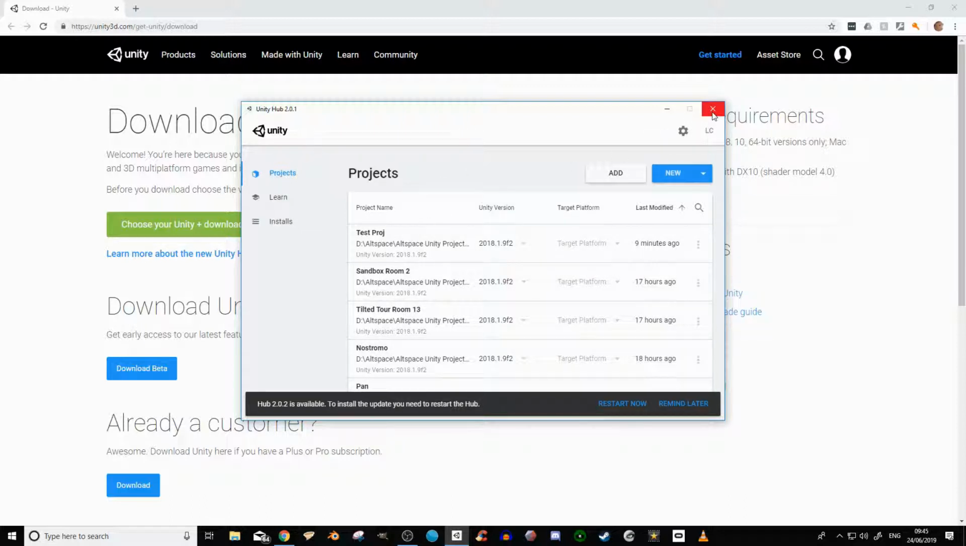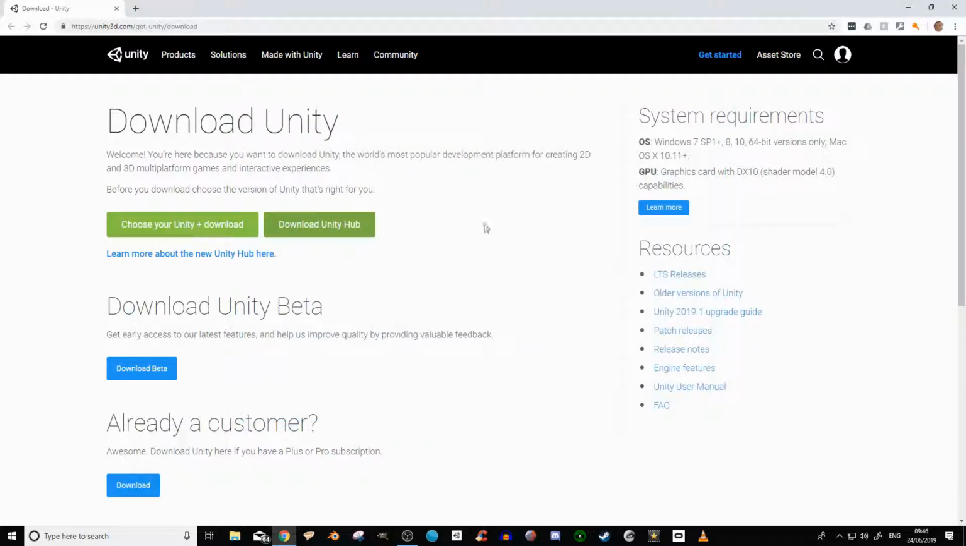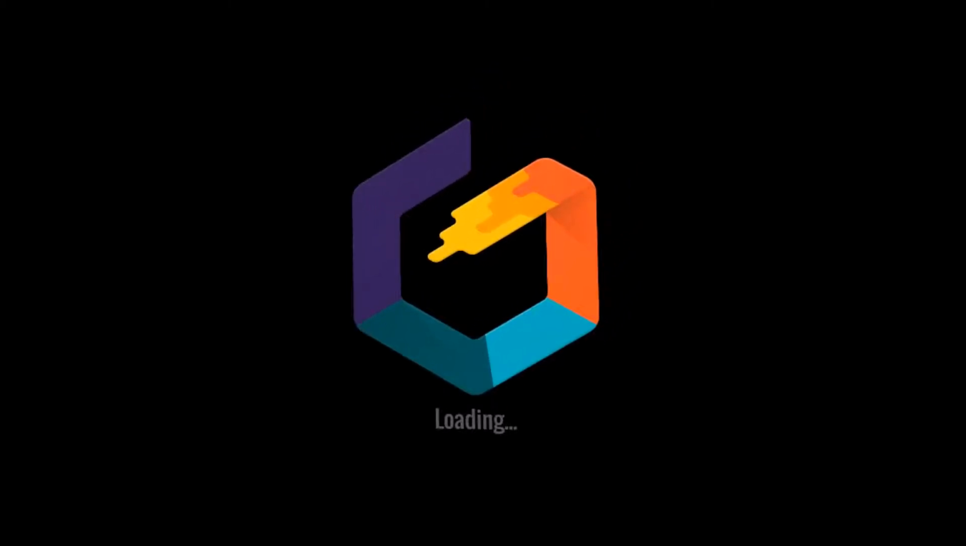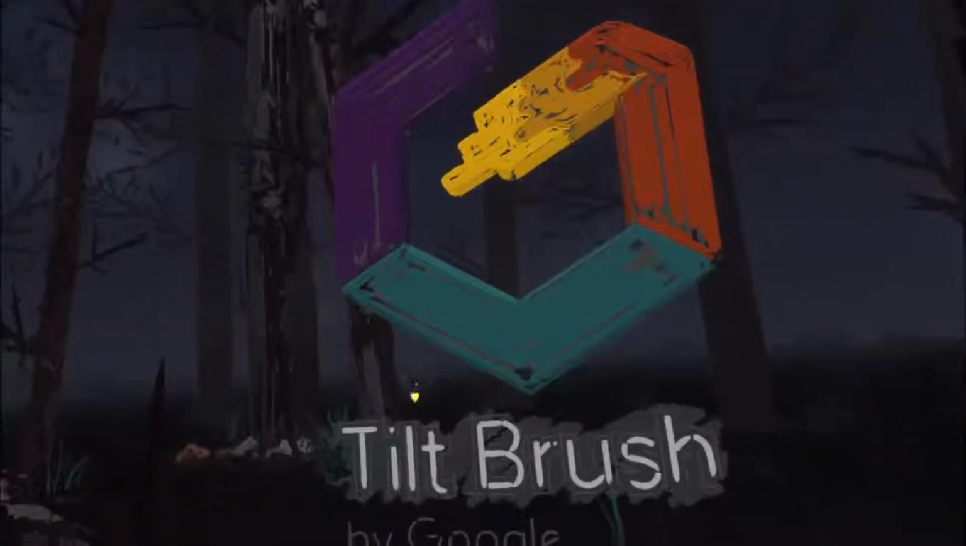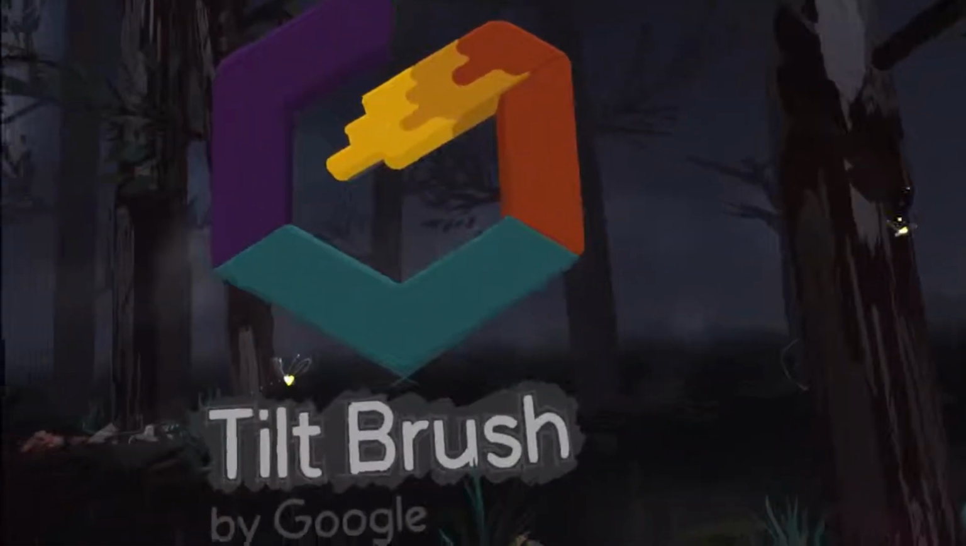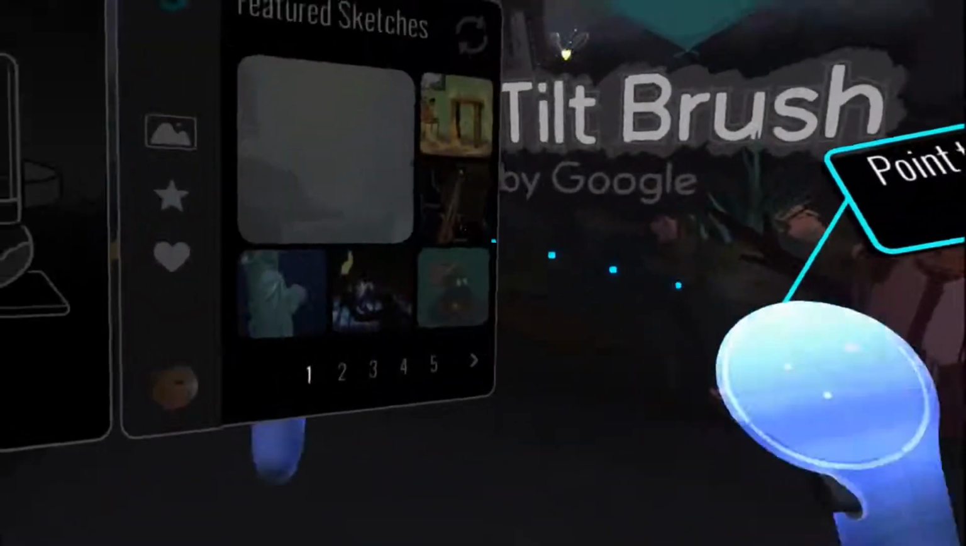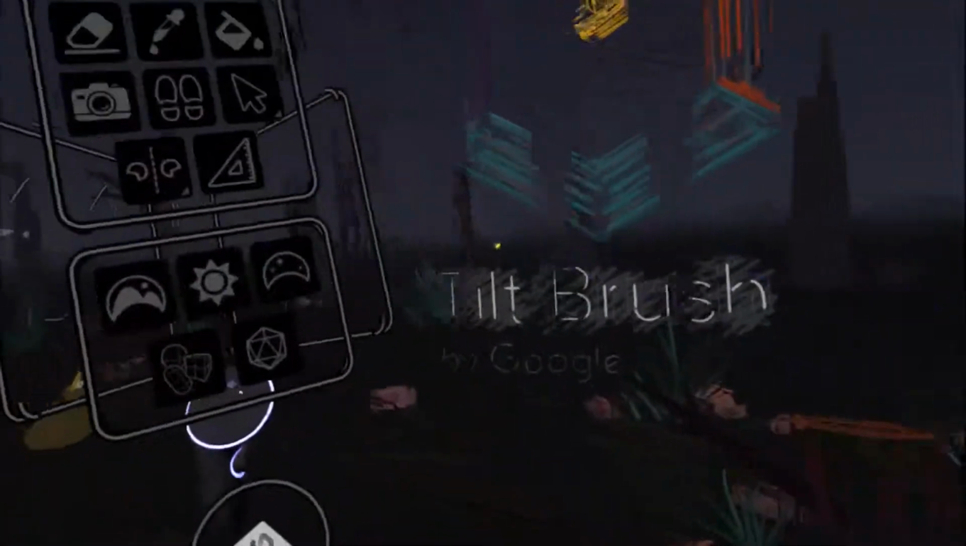So we'll close that for now, because the next thing I want to do is to create something in Tilt Brush. So Tilt Brush is loading. I'm just going to create something very quick and very simple so that you can see how I'm doing things step by step. So we start with a new sketch,